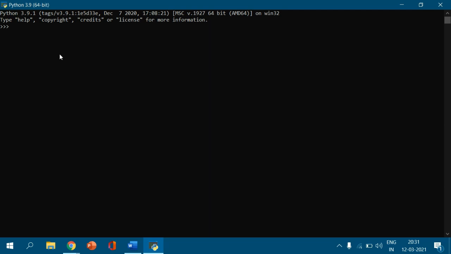Here now I type 2 plus 4, that equals 6, and I type print hello within double quotes and parentheses. We can do some small exercises here, that means addition of two numbers and printing a string.